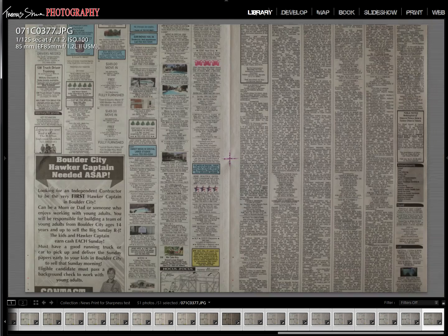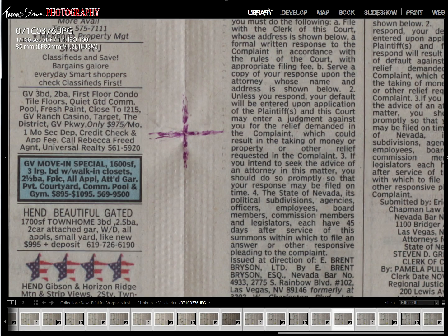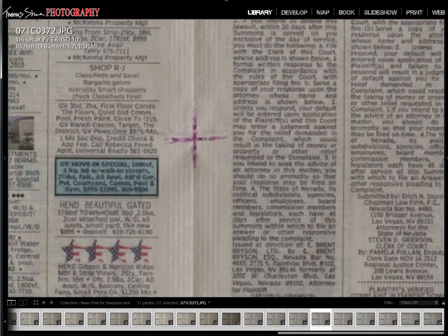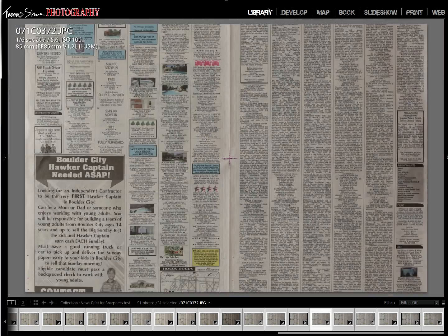Okay. In the center, looks pretty good. I want to go back to 5.6 and check the corners. F4. I'm looking over in the corner, top left. Okay, so we're at f5.6. Let's check the corner, and you can see that it's sharp. It's pretty sharp. F1.2, it gets a little soft in the corners, but my point is this: